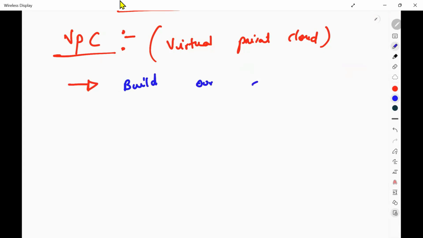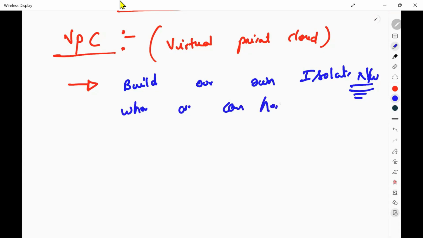It helps us to build our own isolated network where we can host our resources or applications, anything.